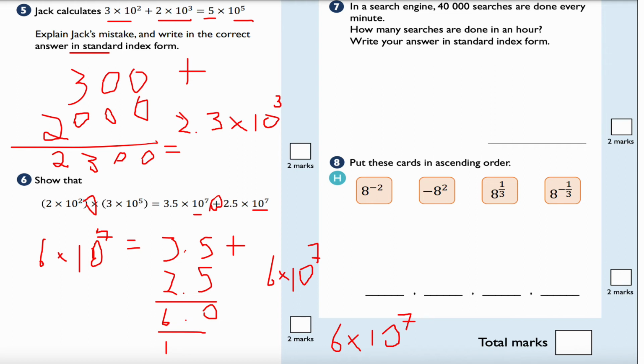Okay, this is question number 7. In a search engine, 40,000 searches are done every minute. How many searches are done in 1 hour? An hour has 60 minutes, so I need to multiply that figure by 60. So 40,000